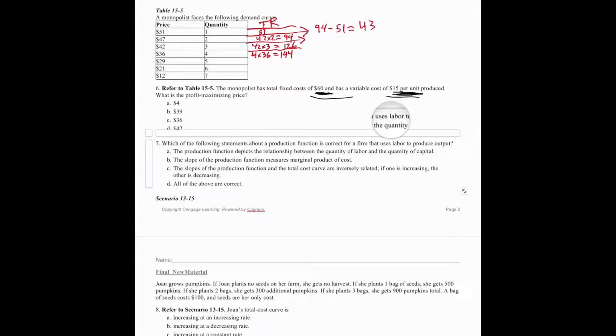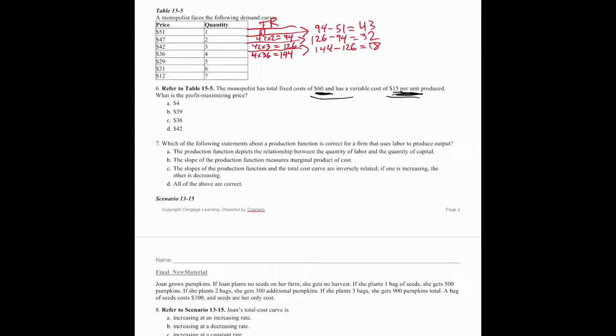The marginal revenue here is going to be the difference between 126 minus 94, which is equal to 32. Difference between 126 and 144. Well, that's equal to